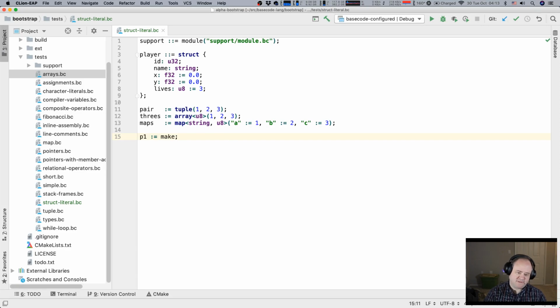Maybe we could do something like make. Or just literal. That's kind of goofy. That's very compiler writery.